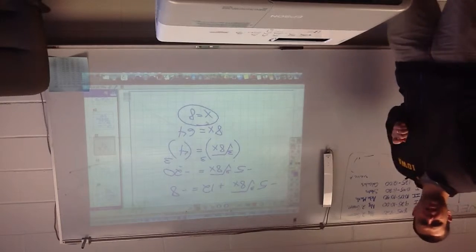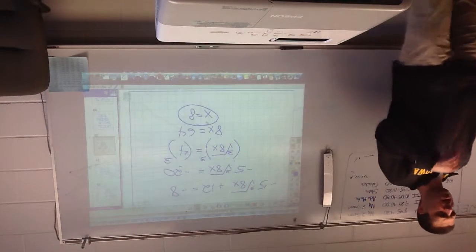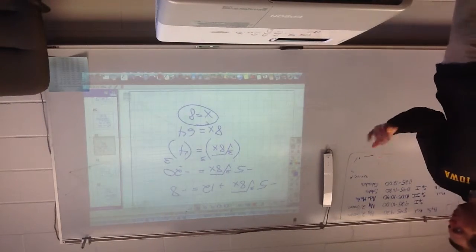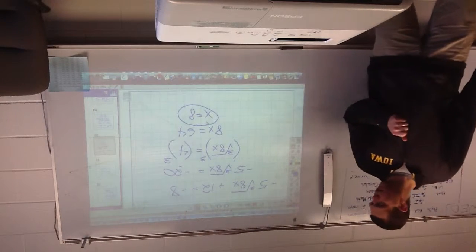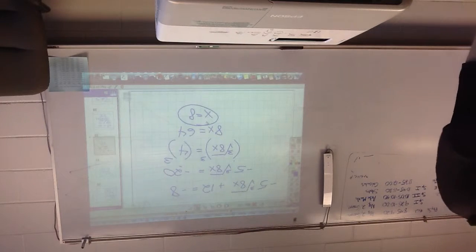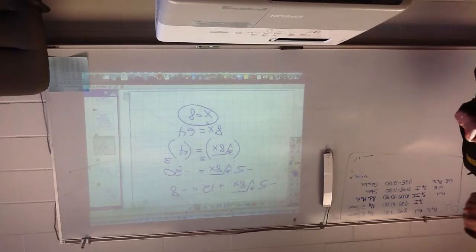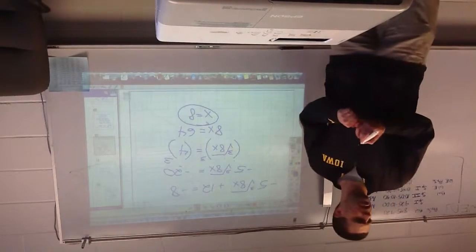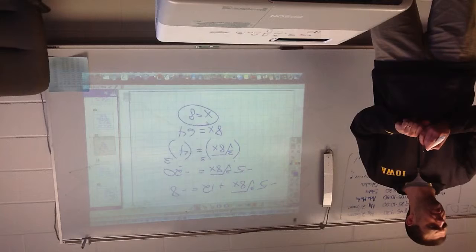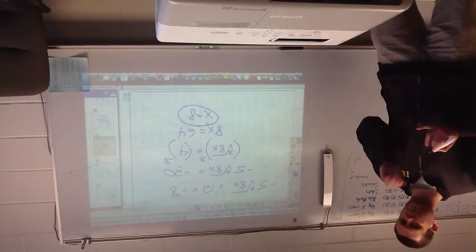Questions or thoughts on that type of problem? I think you kind of got the hang of these when there's only one radical symbol. Feeling pretty good about where you guys are at with this. Any questions on it? Alright, I'm going to pause for me right now because my next problem is going to take a little